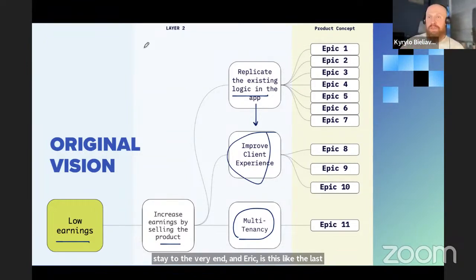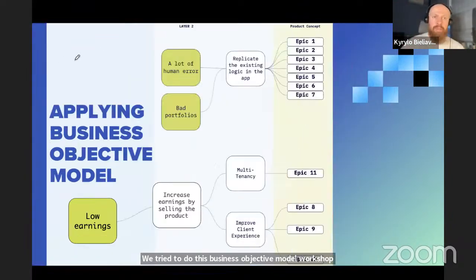So this was our vision back then, and then we started with the business objective model. We tried to do this business objective model workshop with the company CTO and with the co-founders. And what happened? We identified problems that they did not talk about. They were just talking about the solution, but we realized that to build this portfolio, it takes a lot of